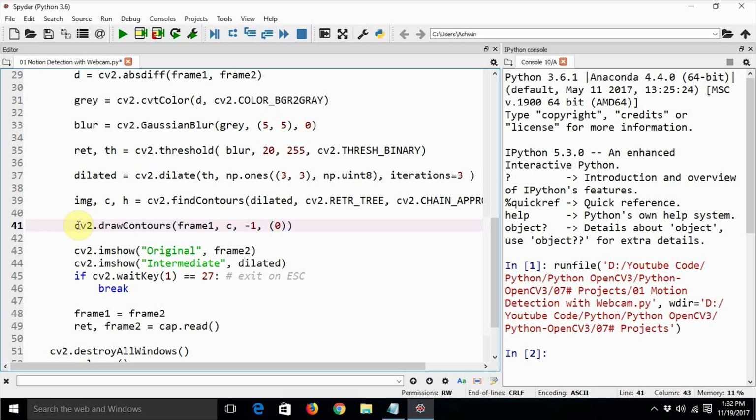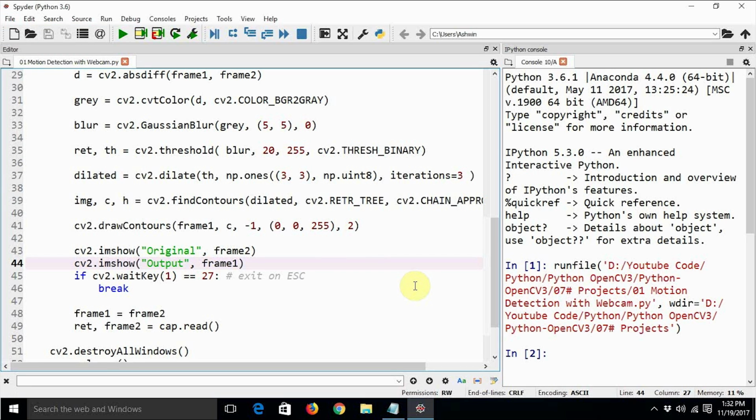So the color should be 0, 255, 0, or let's track it with blue color, it will look great, comma 2. Okay, so now frame1 will be the output.